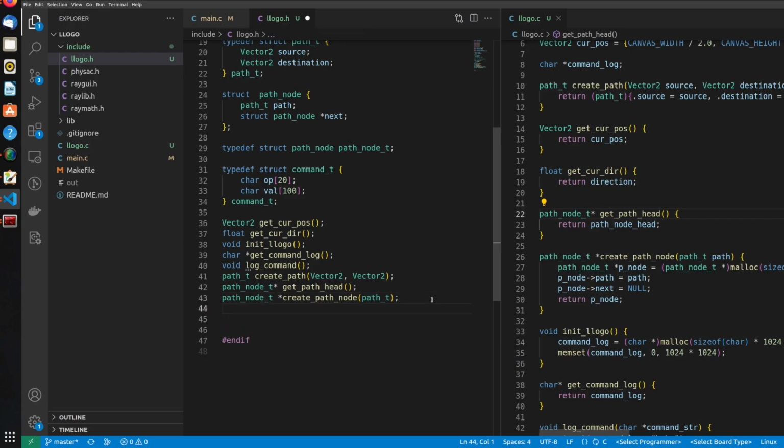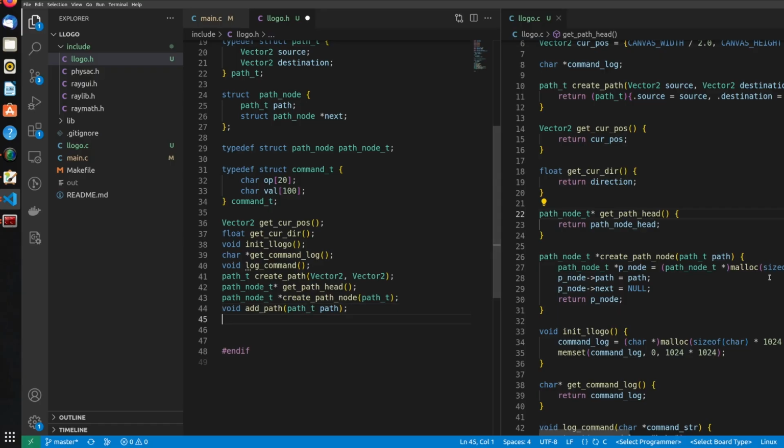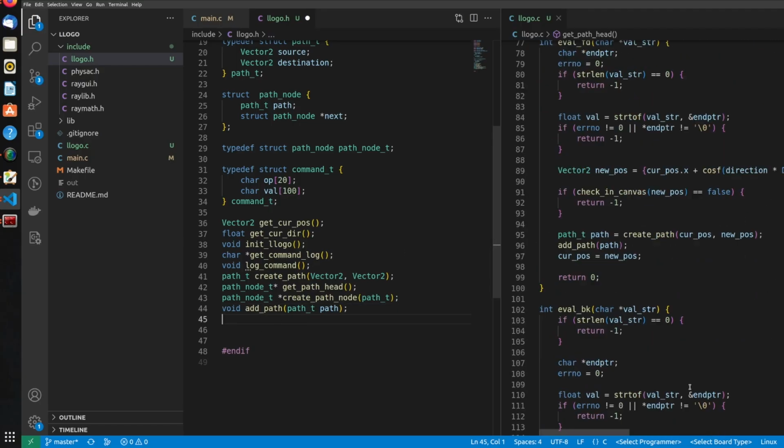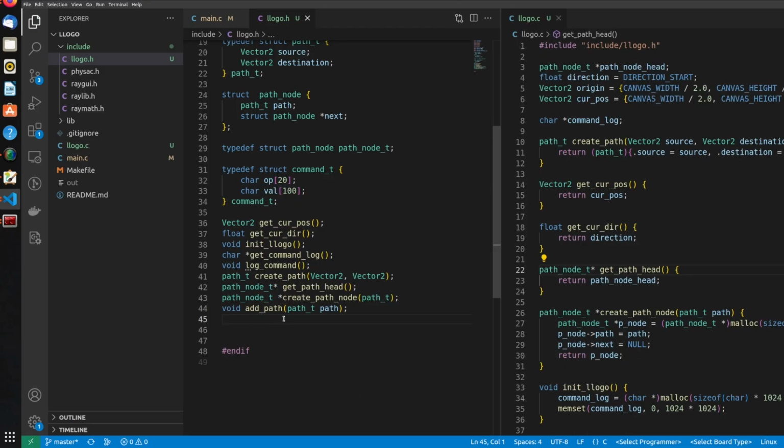Then we have got, what else do we have? Oh, we have got a lot actually. Add path underscore t path. We have parse command, and we have got, let's do the parse and evaluate void. Sorry, we have got command t parse command, and it takes a string. We've got evaluate